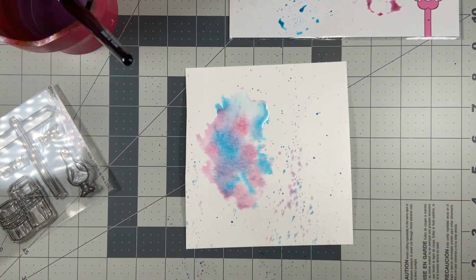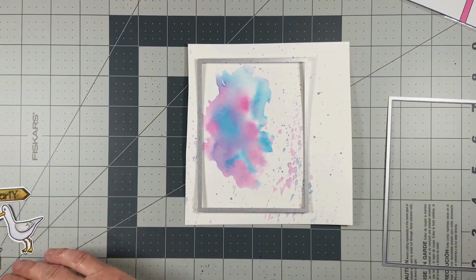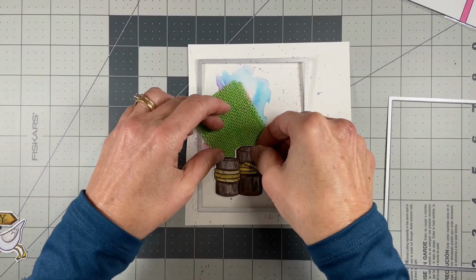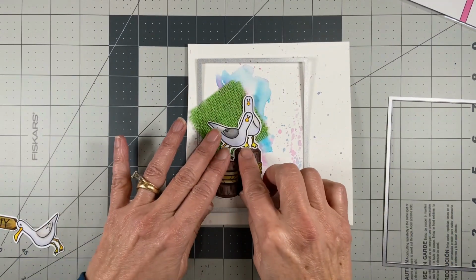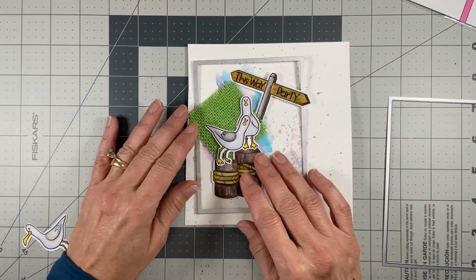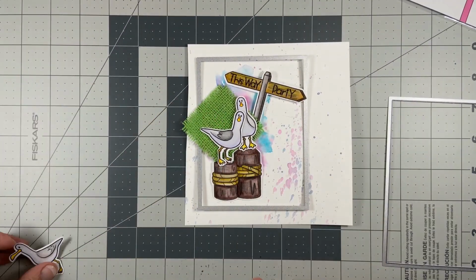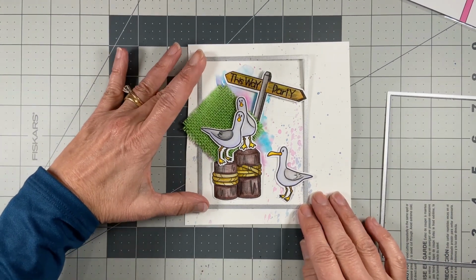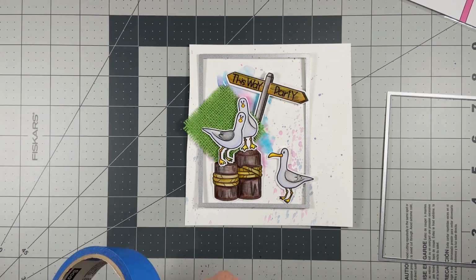After I do that, I go and grab the two-pack rectangle sets. They're meant for layering. I usually use the little one as a guide on how I want to position the elements on the card. It just gives you a nice view of how big it's going to be. So once I get an idea, I go ahead and tape it down